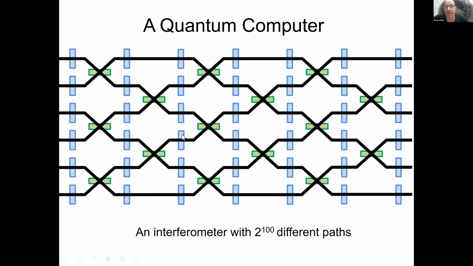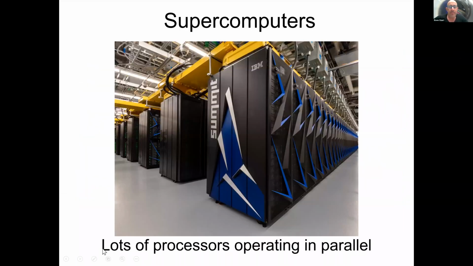It's a very difficult task to build this computer, but if we can do so, we can get a computer that is exponentially more powerful than any regular computer that we have today. So again, by trying to simplify things, if I look at the strongest computers that we have today, this is the Summit computer, which is, as far as I know, at least the publicly known, the strongest supercomputer that we have today.